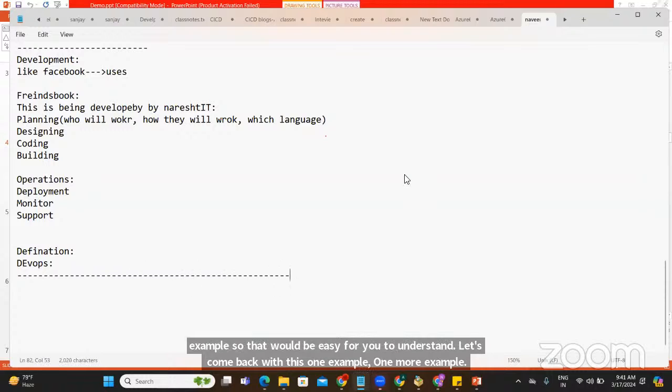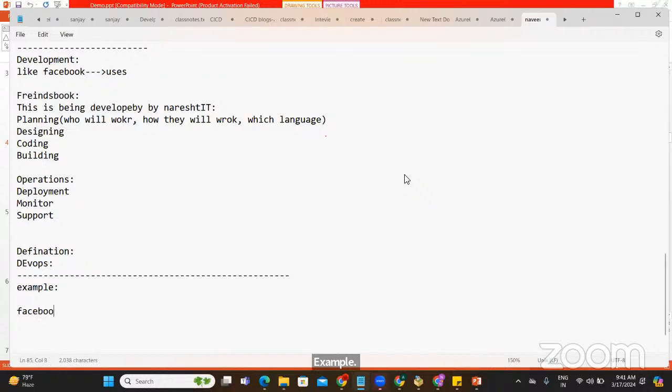Example, guys. What is DevOps? First, tell me how many of you are using Facebook? I'm pretty sure multiple guys are using Facebook. Wonderful. Even I use that. In Facebook, we have multiple modules, isn't it?